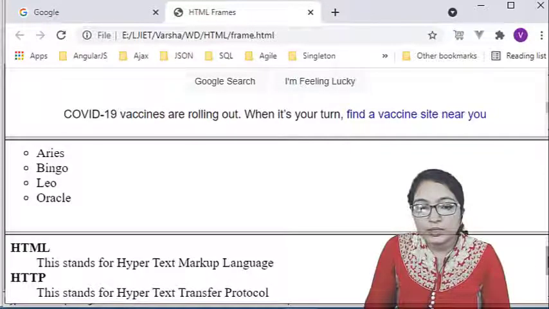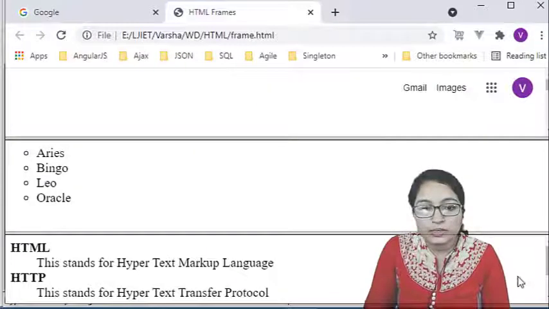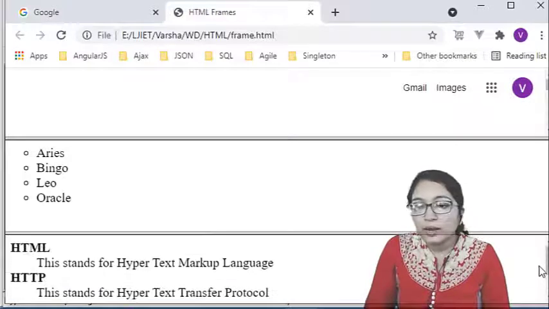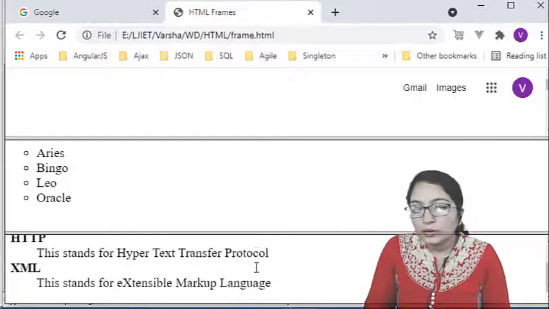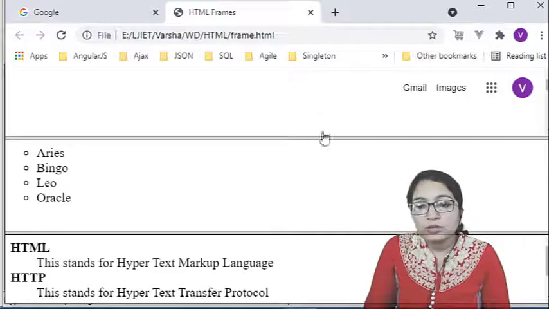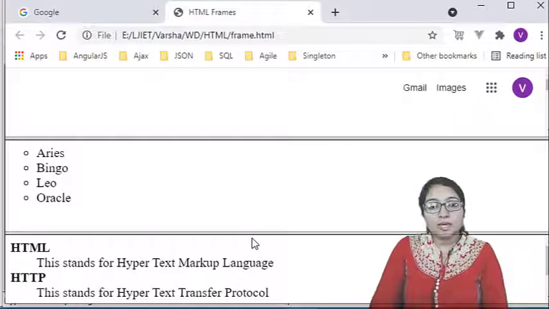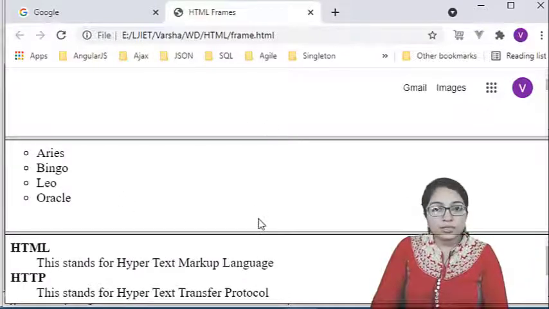And here you can see if the content fits the window, then there is no scroll bar, and if the content does not fit the window, then we have a scroll bar over here. So you can see over here we have a scroll bar, and this is the definition list. See over here. Okay, so these 3 different windows are displayed, and that is known as frames.